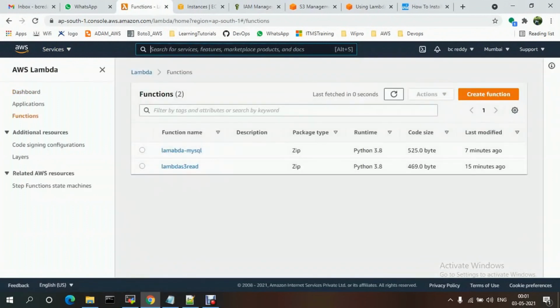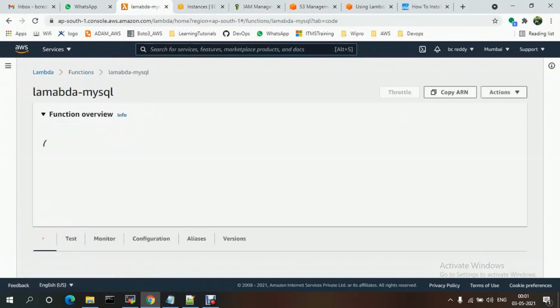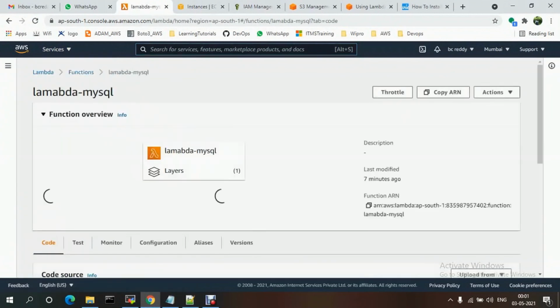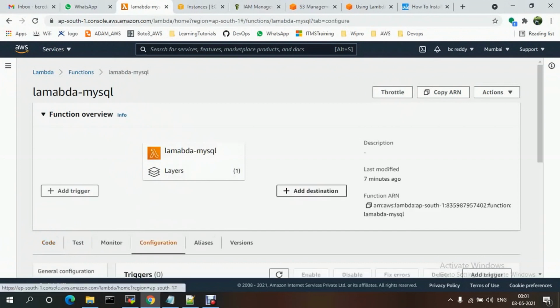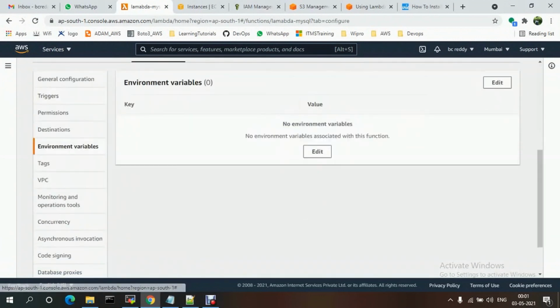See MySQL. If you go to Configuration, there are environment variables. You just need to edit this one.